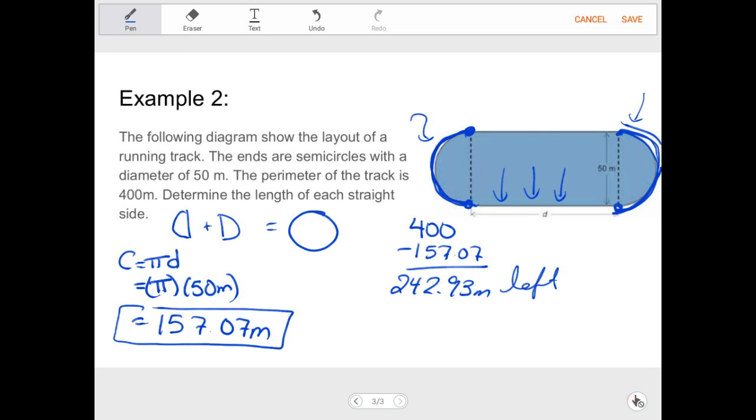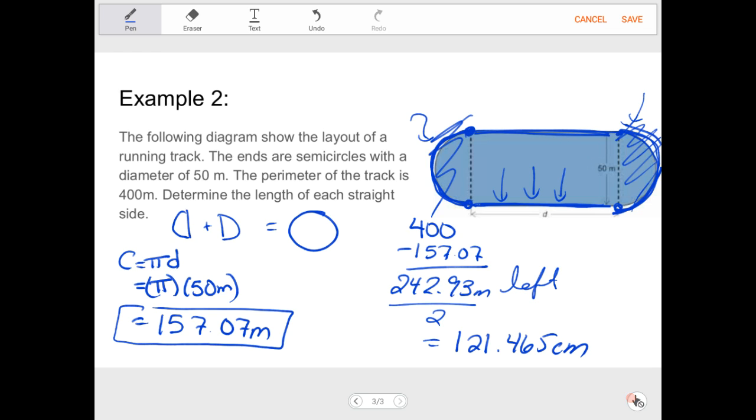So what do we still have to account for? We still have this straight edge and this straight edge. We've accounted for this, so let's get rid of that. We have to take this straight part and this straight part. I have 242.93 meters and I have two straight sections. To me, that simply means divide by 2. In this case, one straight edge is